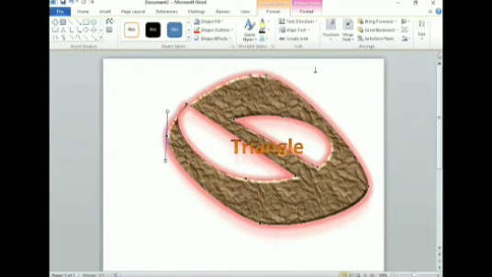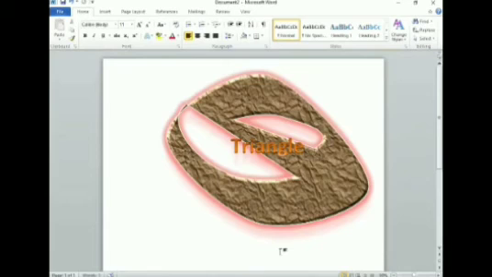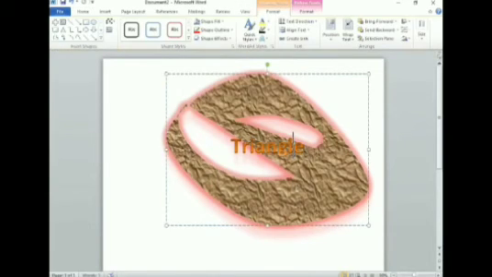So you can see here, by using these points, we can change the shape according to our requirement. This task I have done with this option, edit points. Now you can see here, this option is disabled now. So again, if I click on the document, then these points will be disabled. Clear? You can see here, now my shape is changed.